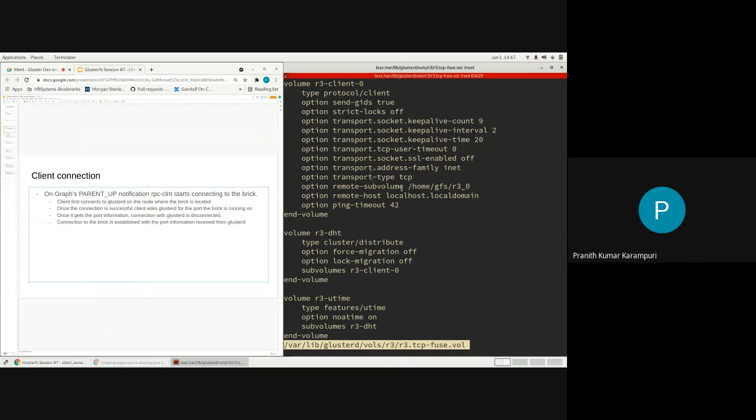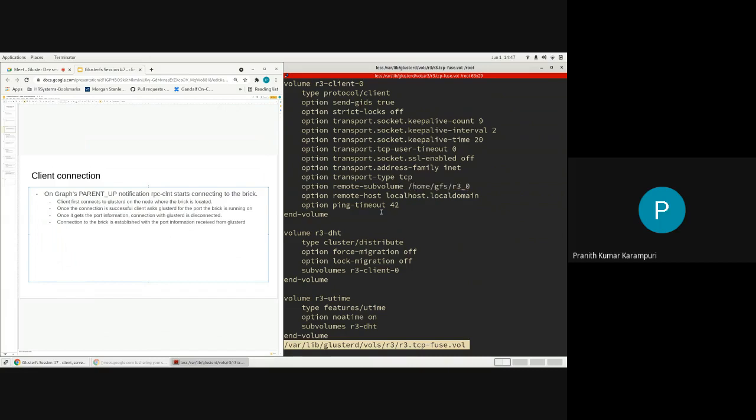Then the client translator will send another RPC with this path to that GlusterD and ask what port the brick that represents this particular path is running on.